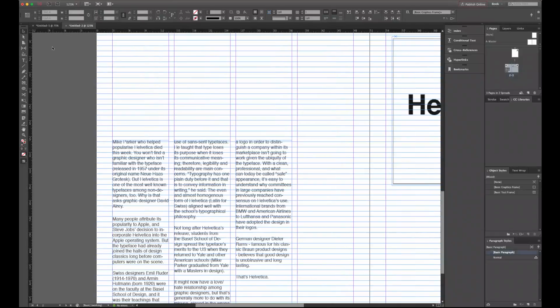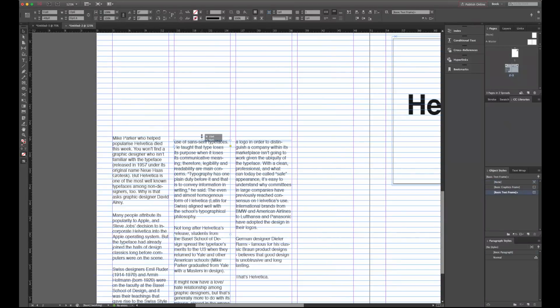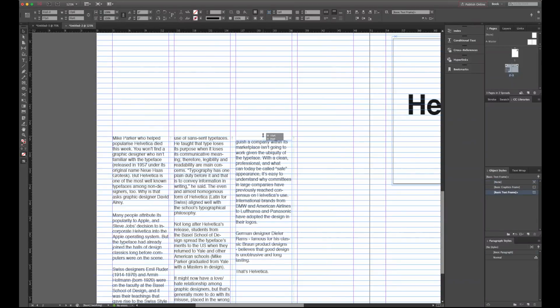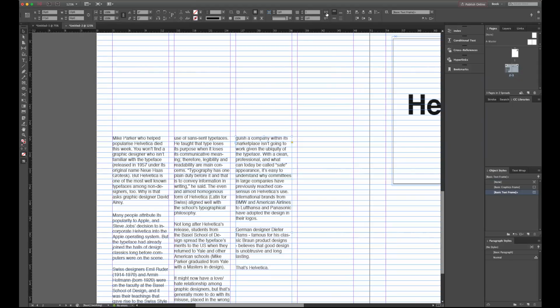There we go. All right. And then, let's see. So now we've got this. Now we can just kind of move them up. We want to make sure it says balance columns. It still doesn't look even. So we're going to need to do one more thing.